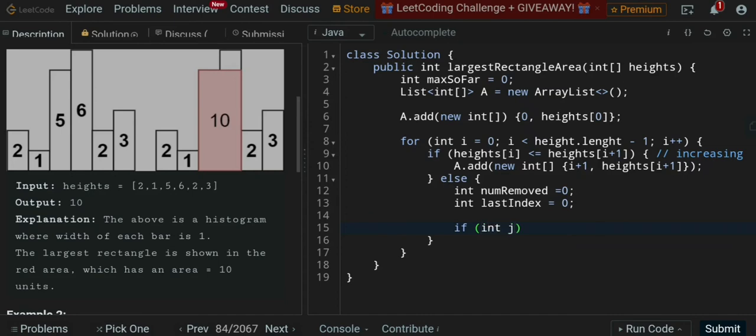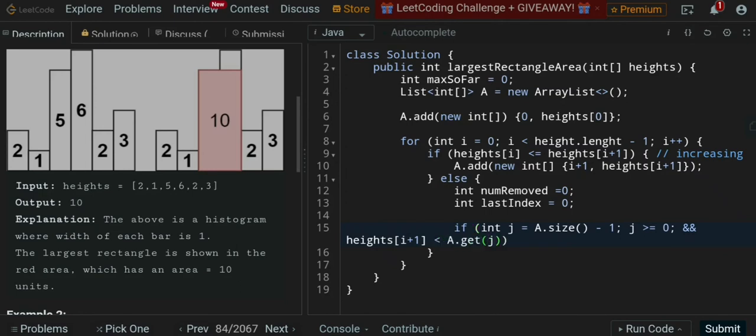We need to go from the current latest item that we have on the array, because this is the latest item that we're about to pop. And as long as we didn't reach the beginning of the new index list that we have, I plus 1. And as long as it's decreasing,